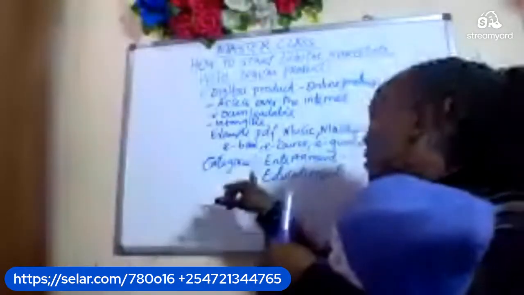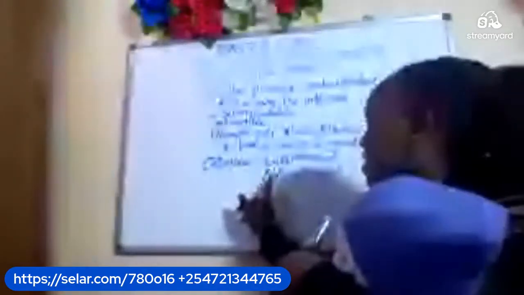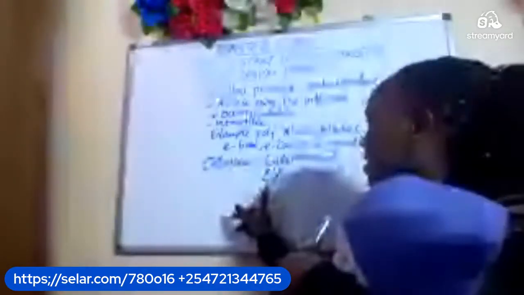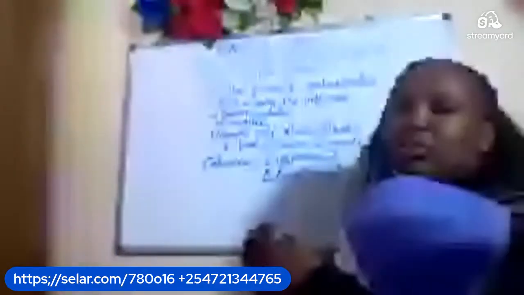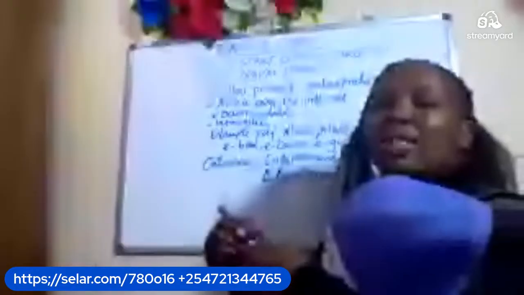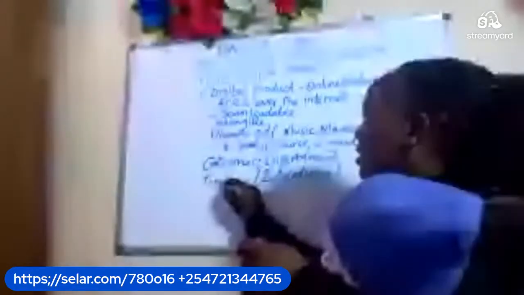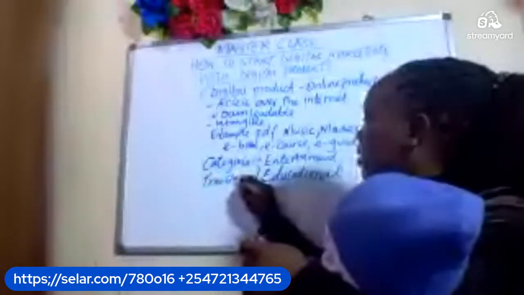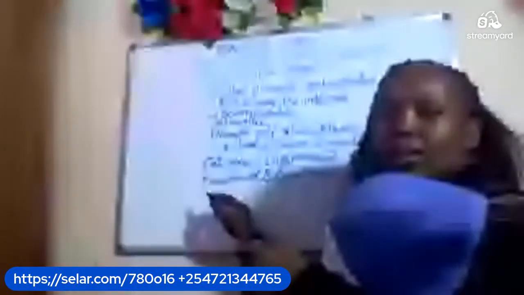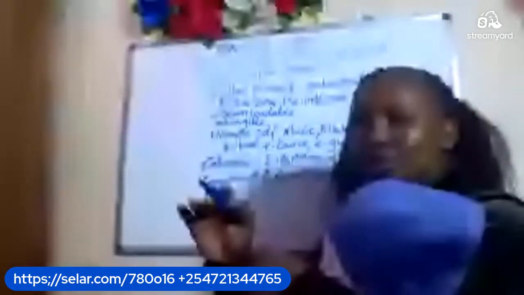They are in the green, we call it the green economy. They are evergreen. The entertainment industry and the educational, you can also call it the transformational one. It is evergreen. And what are people searching in the online space? What are people likely to search in the online space nowadays? Mostly the evergreen niches, or what we call the evergreen topics that people are always searching in the online space.